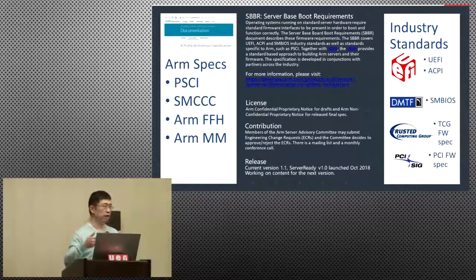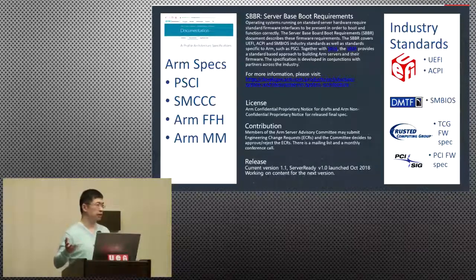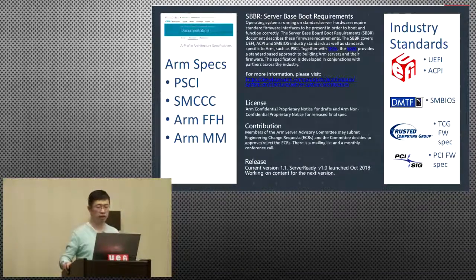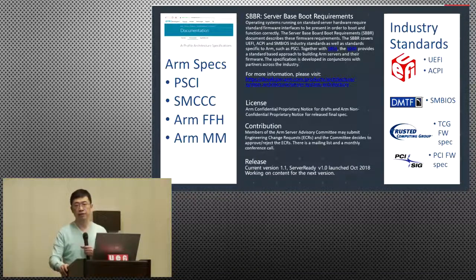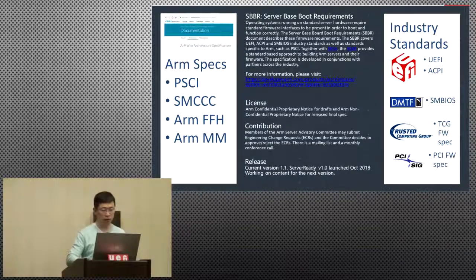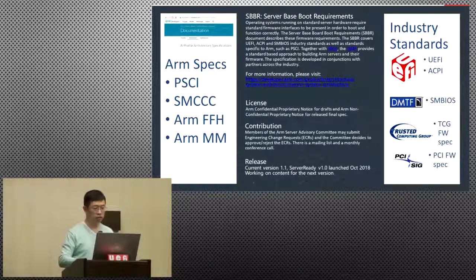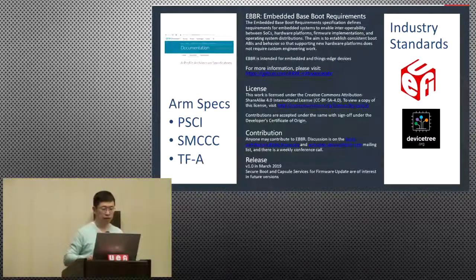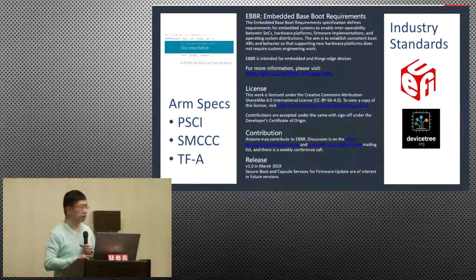So that is mostly for the server space. I think it probably also covers areas like the edge devices that are closer to the cloud, and maybe the client space could use some of this as well. So we're looking into these different segments. But on the other hand, from the embedded space,